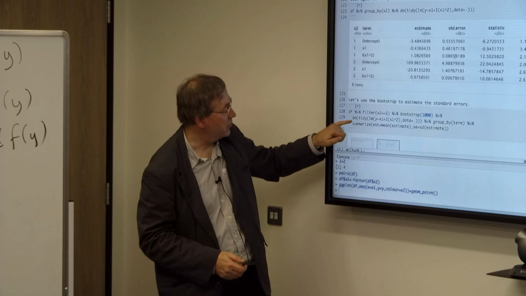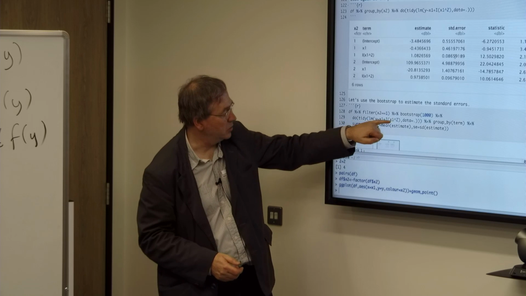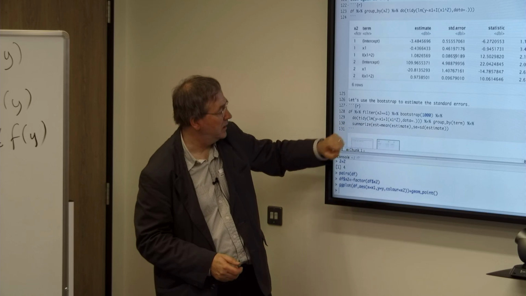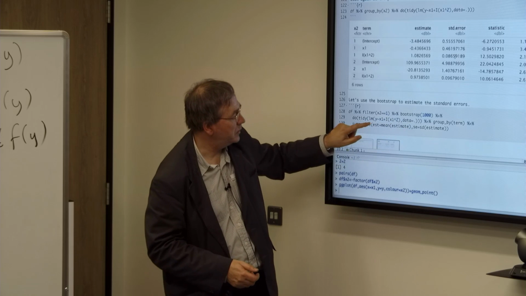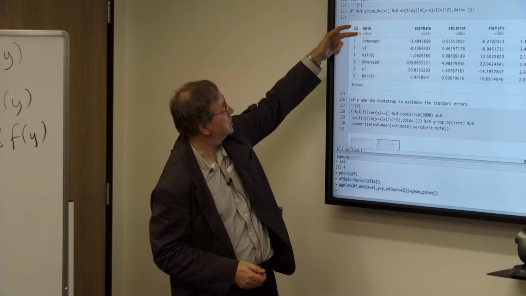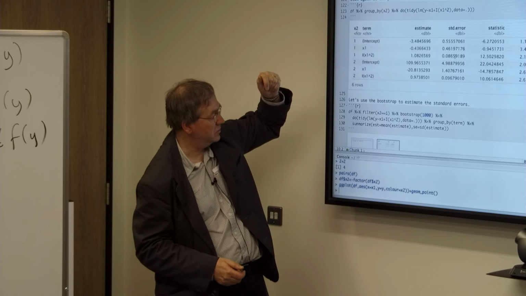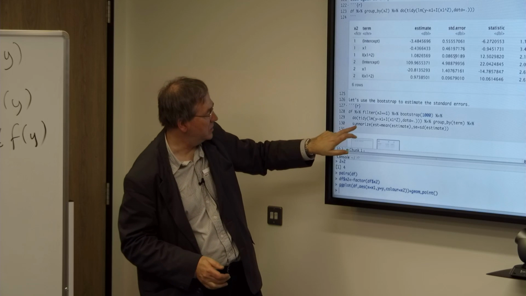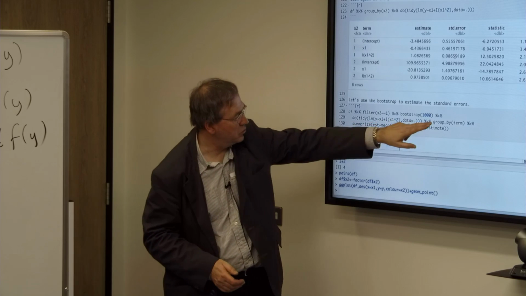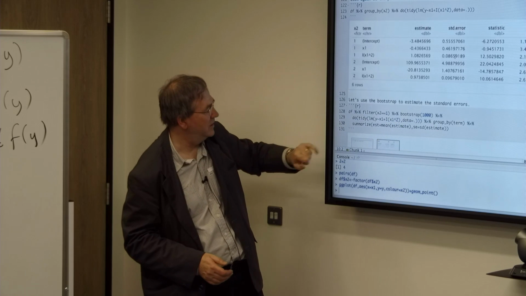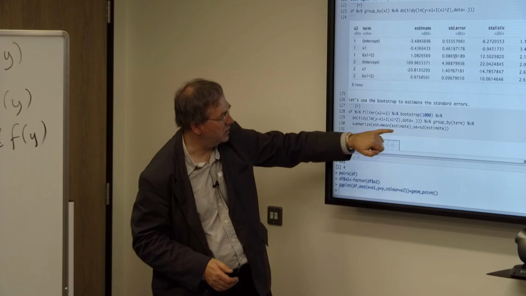And then we pipe that through a tidy linear model, quadratic linear model. And if we group by the different terms, so the term is whether it's intercept, an x1 variable or an x1 squared variable, and then the summary of this group by version of the output of all that is, let's call it estimate and SE.